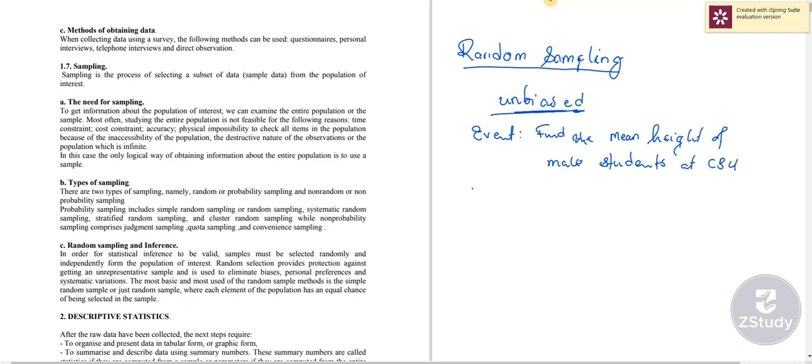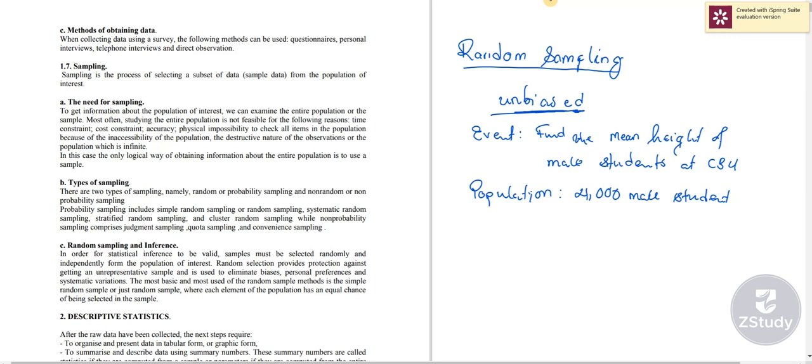So the actual population here, let us assume that the population of male students at CBU is, say, 4,000 male students. And out of these 4,000 male students, the event of finding the average height means for every